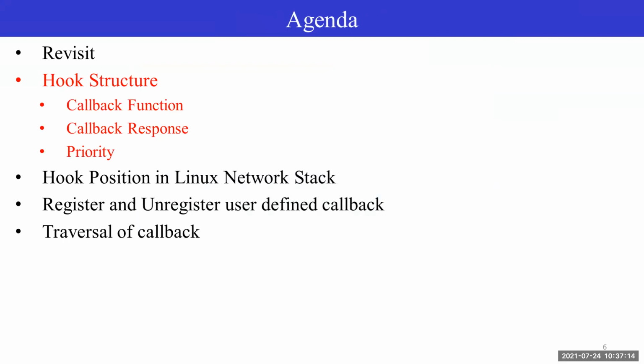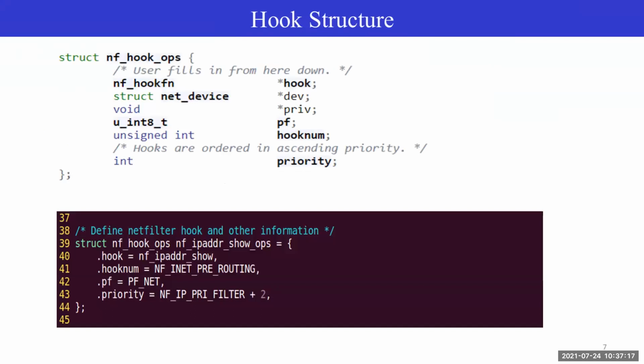The next part is our hook structure. The hook structure looks like this. In the kernel, if you check the Linux source code for Netfilter, you will see a structure called nf_hook_ops. This OPS is for ops, which is a particular naming convention that Linux data structures in all modules follow, for example, the network devices.